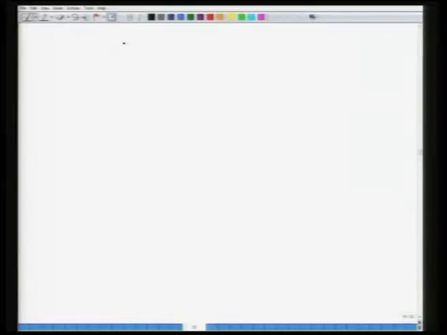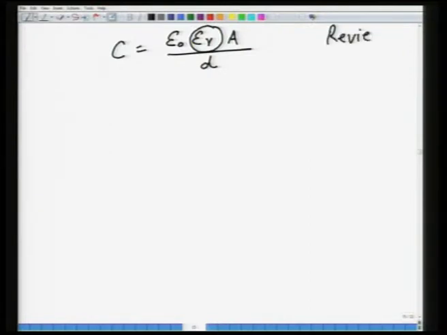So as a result we come across this expression, the capacitance gets modified as C equal to epsilon naught epsilon r A by D, and this epsilon r is the key parameter. So I will just write this as a review of last lecture. So this epsilon r is a quantity which is specific to a dielectric,